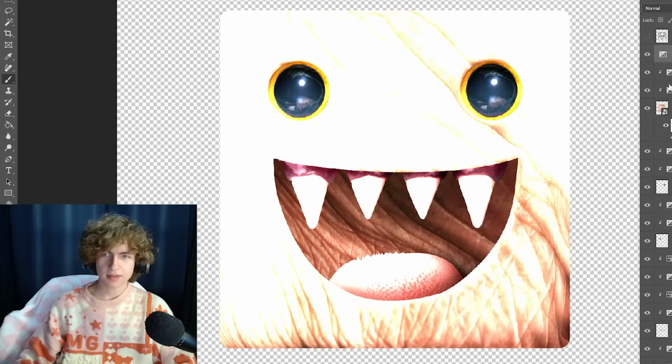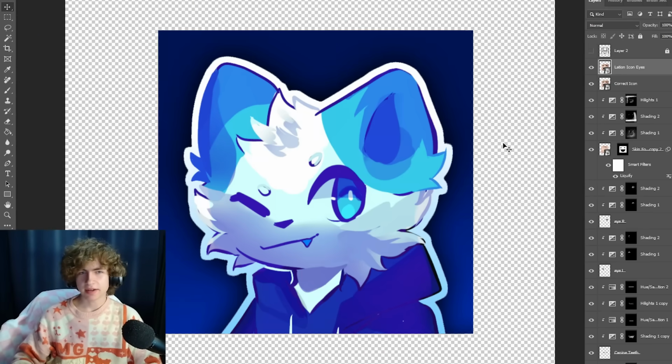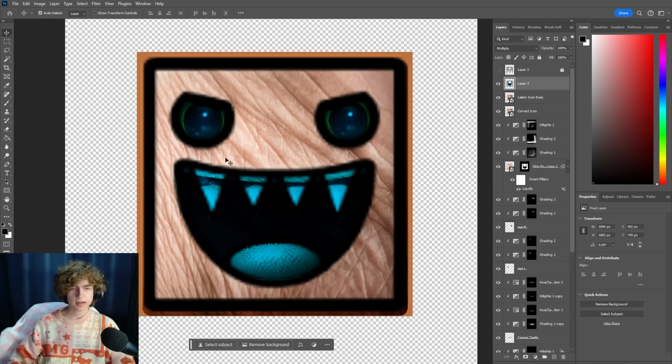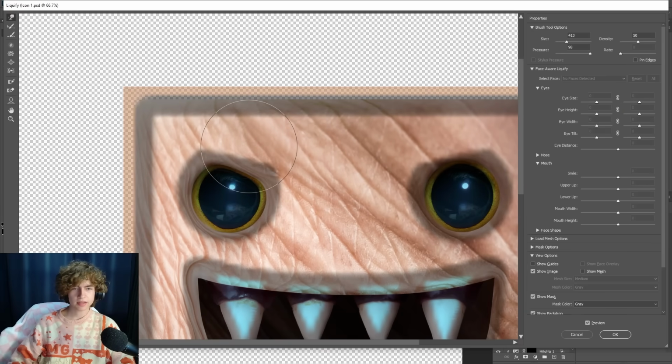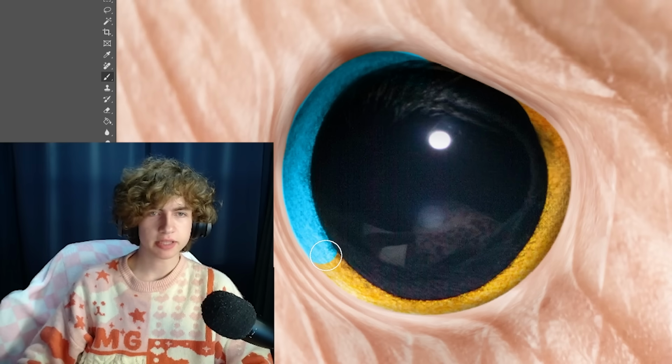Finally, I'm gonna add some highlights to this, starting with this little smirk here. But now it's time to make this icon Lation's. If you remember, Lation has it textured to where these eyes are angry. Of course, I gotta add that to this version, and push these eyes down to match the shape. And now that we have our very angry fella, the blue color seems to be in the eyes, and then